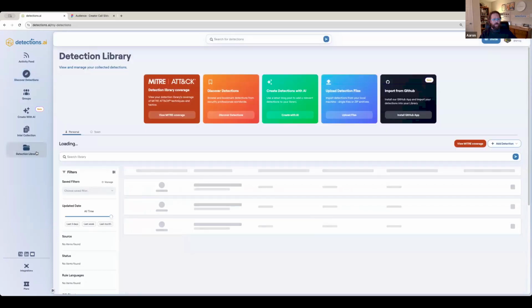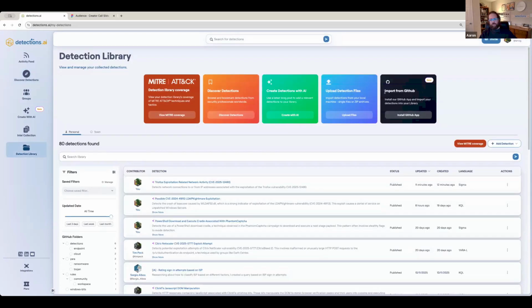The other thing you can do in your own library is we have an option here to connect to GitHub. So if you have an existing repo built in GitHub and you're pushing that as one of the ways that you share detections, we can sync those up so they automatically become part of Detections AI. This button right here you can do yourself; this is self-service. This just creates detections in your library, which may be how you want to do it. So let's say you had 100 detections in GitHub, you install a GitHub sync, you put your key in, and those 100 detections will show up in your library. Maybe you only want to contribute three. That's totally fine. We see a lot of that.